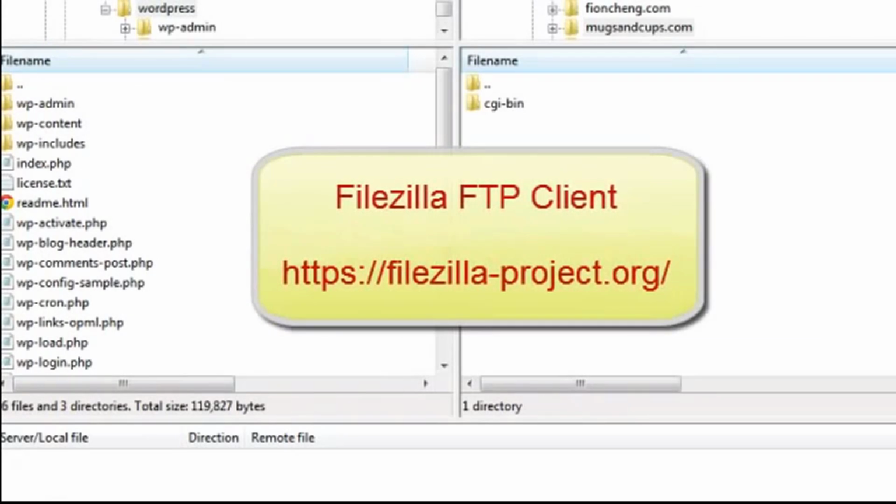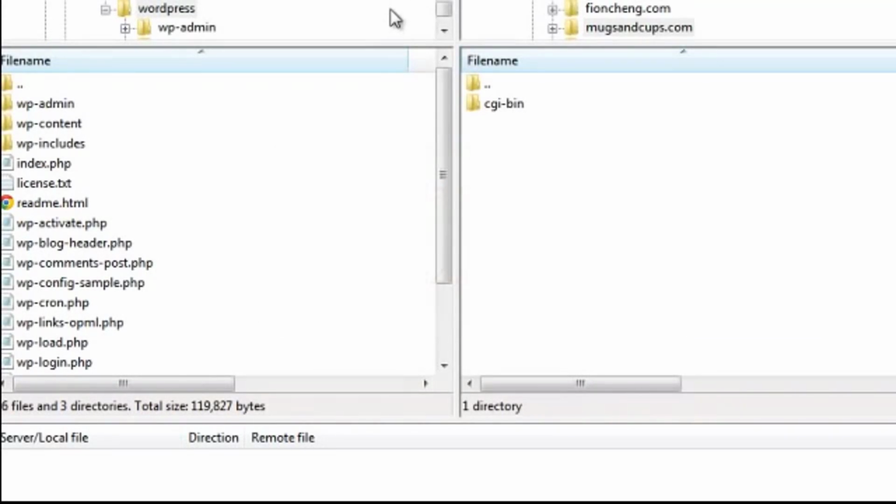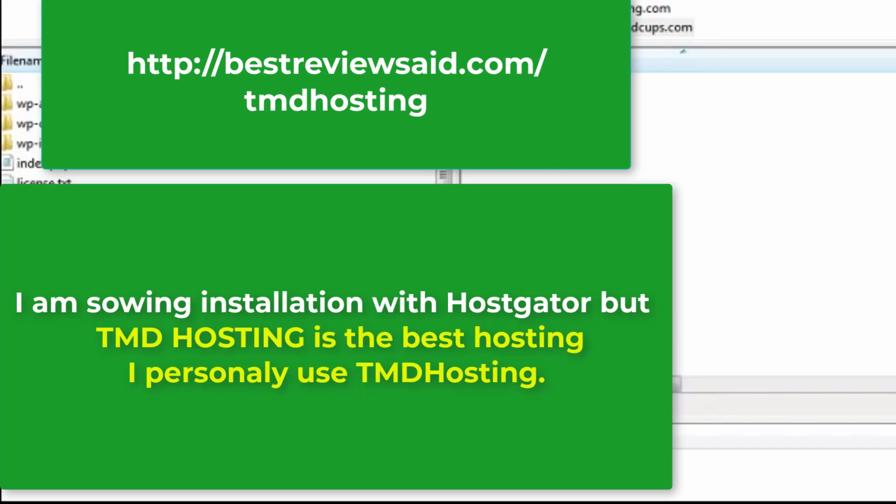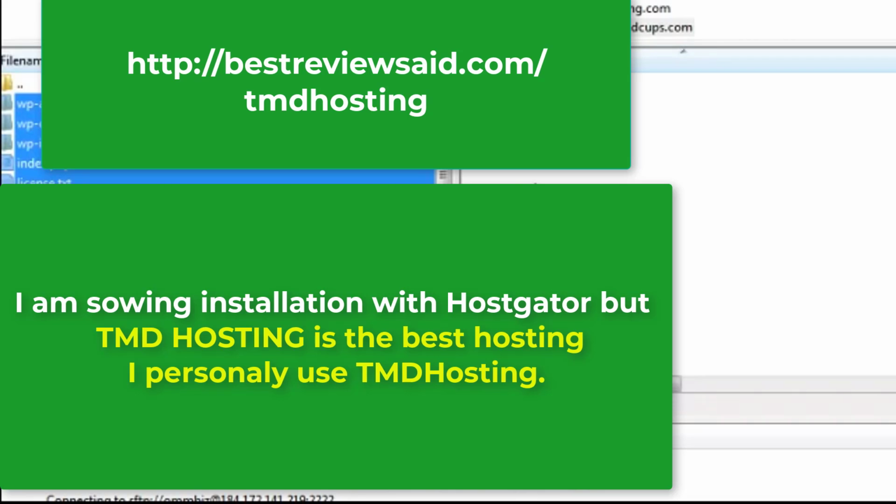Here I'm using the FileZilla FTP program to upload the WordPress files onto my web host. Now I've got a domain here called mugsandcups.com, which is a testing domain I use. Normally you would upload all your files to the root of your directory, which is public_HTML. So I would select all the installation files here and then drag them across to upload the files to my domain